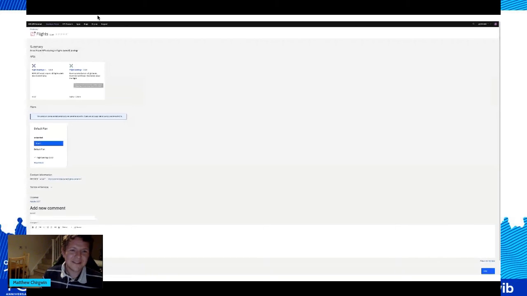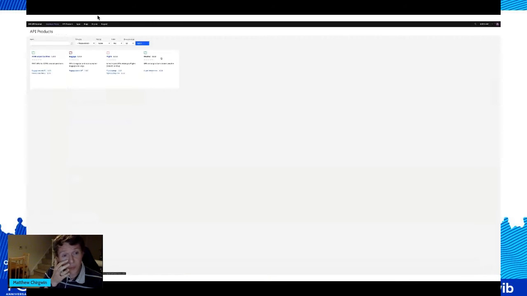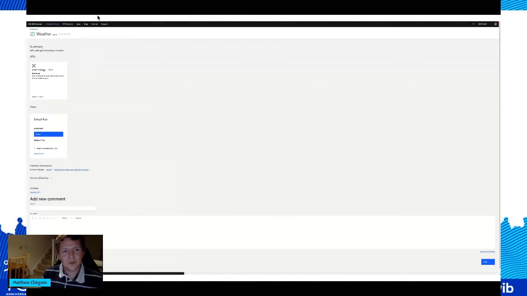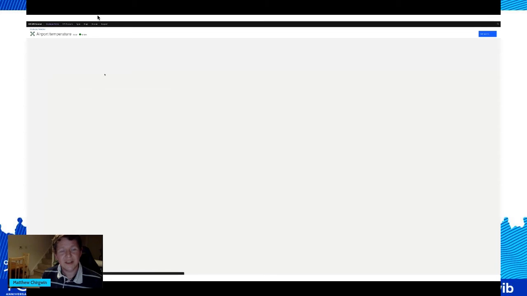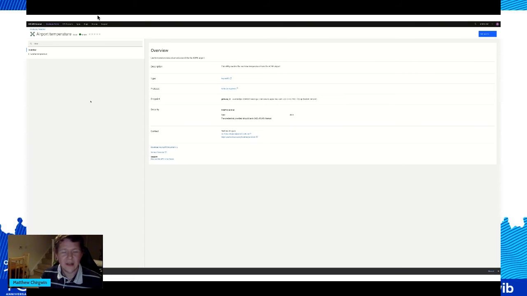But having seen that there's a few bundles here that he might be interested in making use of, he spots a weather product and a weather API. And what he can do in this portal is start to explore this API definition. And what he will actually start to see and review is the AsyncAPI document that Chirgwin has authored. So we have a nice view of that AsyncAPI document, akin to the editor, for example.